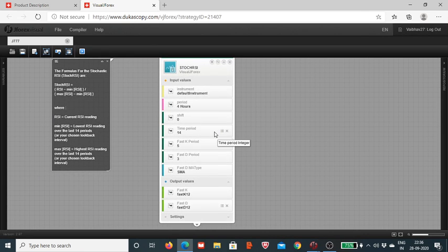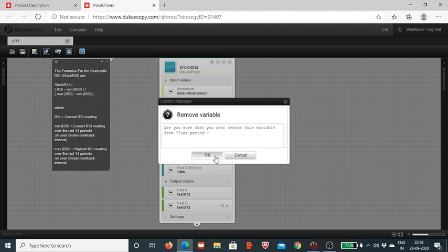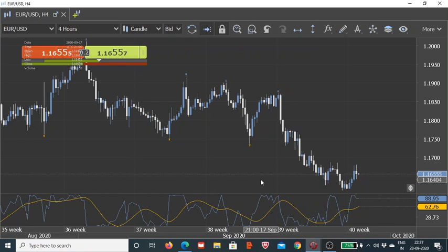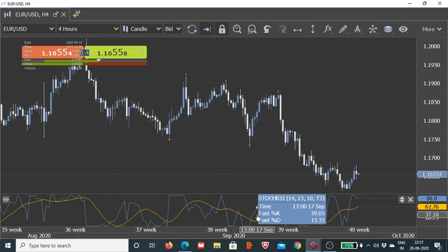Now, time period is the RSI parameter actually. If you use 14, then the RSI will be calculated on the last 14 candlesticks of 4 hours each. If you change this value, the RSI will be calculated accordingly. Say for example, we try with the 21 candlestick period RSI, and then you will observe the change in the